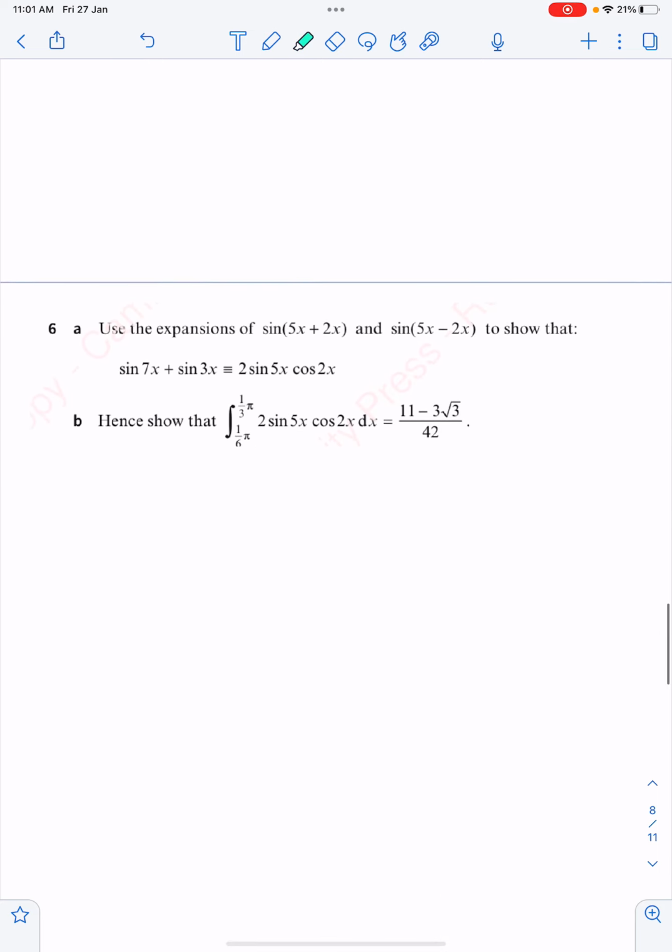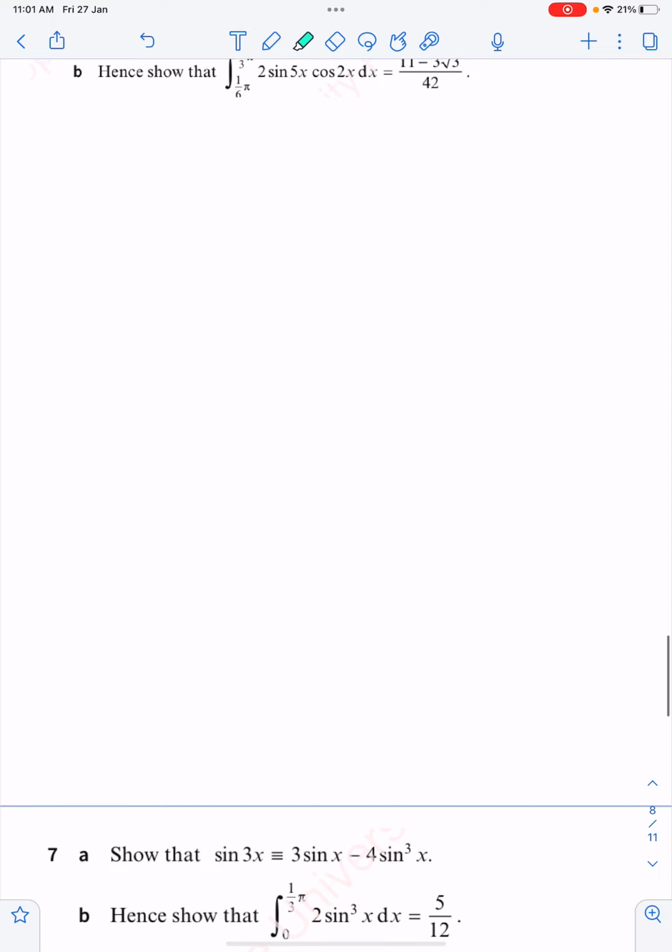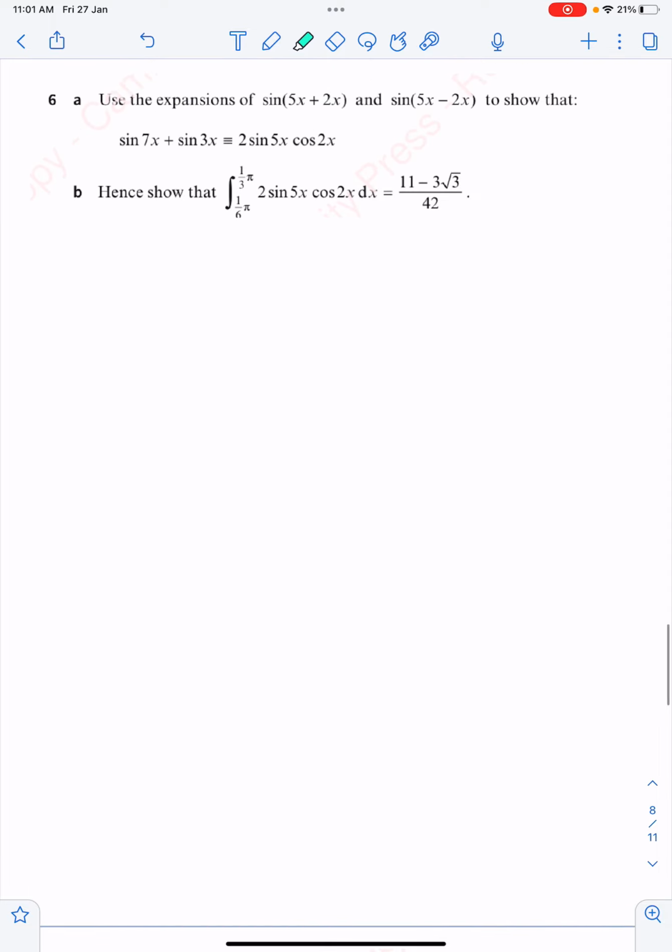Moving on to the next question, which is this one. Use the expansion of sine of 5x plus 2x and sine of 5x minus 2x to show that sine of 7x plus sine of 3x is equal to this. Let's expand this first. Sine of 7x equals sine of 5x plus 2x. We are applying the